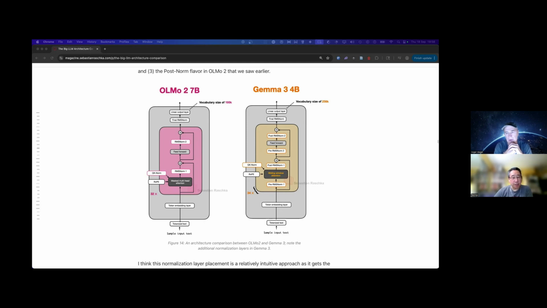So if you increase it by 10%, then all your query calculations are 10% bigger, all your key calculations are 10% bigger, all of your in projections for the MLP are 10% bigger, and all of your out projections for your MLP are 10% bigger. So you've basically just bigified everything in your model. A kind of linear scaling of the model based on the width, the model dimension. Whereas other things, like if you add the number of layers, well, you're only just adding